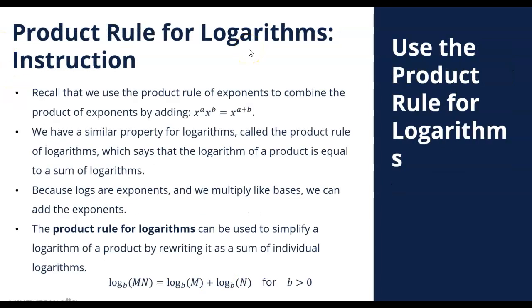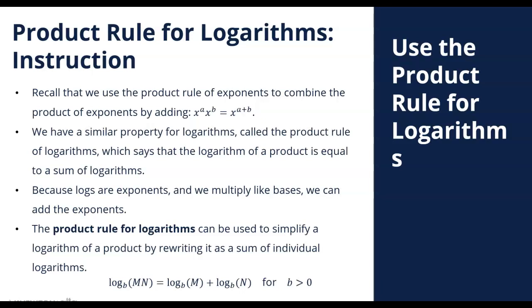Now let's discuss the product rule for logarithms. Recall that we use the product rule of exponents to combine the product of powers by adding. If we have x to the a times x to the b, to combine these two, we just copy the base x and then add their exponents. We also have a similar property for logarithms. We call that the product rule of logarithms, which says that the logarithm of a product is equal to the sum of